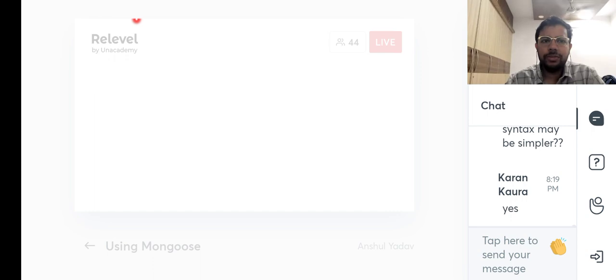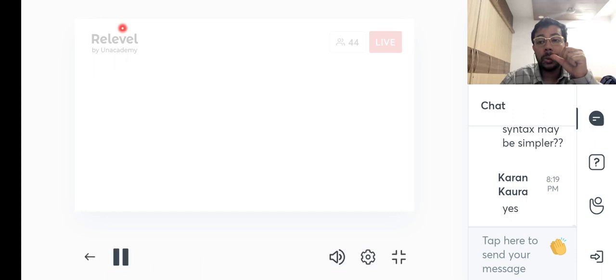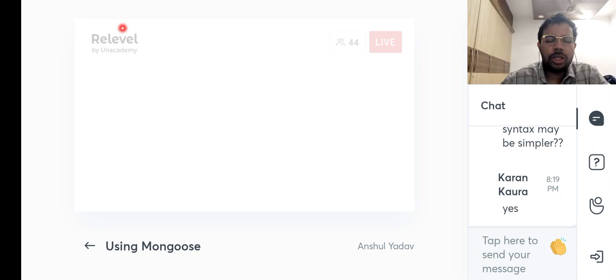There are a few steps, and if you understand those steps, even if you have never heard about Mongoose, you should figure out how to use it, or you should have a solution. So let's play a small game. Let's try to guess